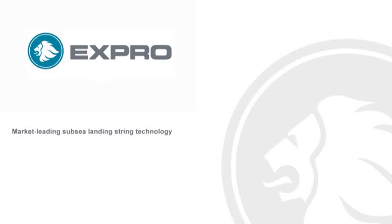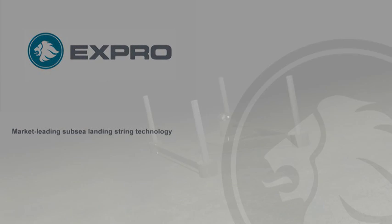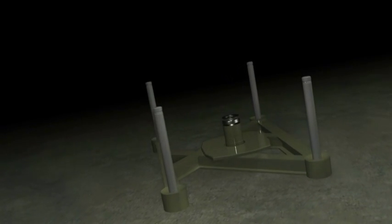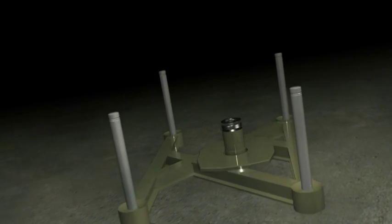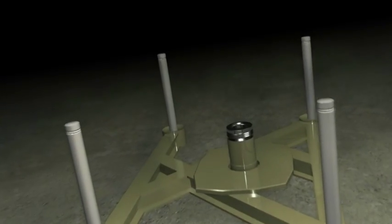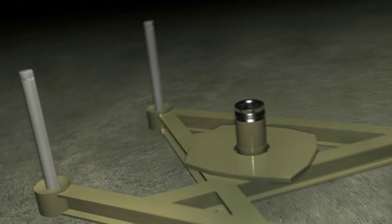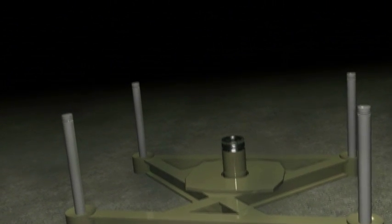Expro is the leading provider of in-riser subsea safety systems for completion and intervention operations. Expro offers subsea landing string technologies to assist in conventional subsea Christmas tree completions. Before completing a well with a conventional subsea Christmas tree, a drilling rig is placed over well centre and drilling